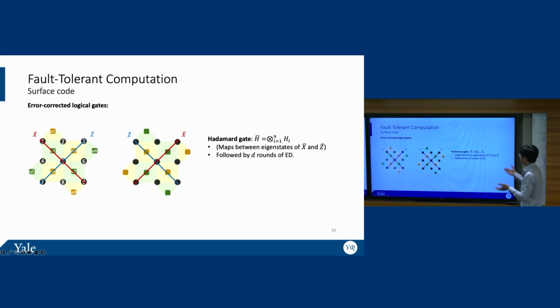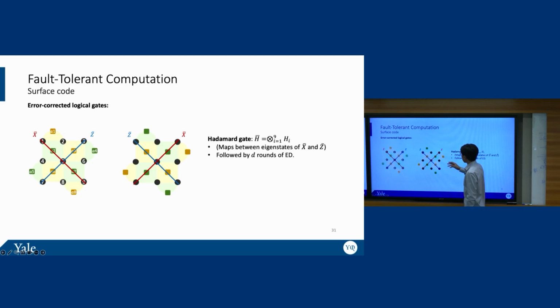So by defining Clifford gates such as Hadamard gates, phase gates, and CNOT gates, we can construct all the Clifford states. It turns out that if you want to map between the eigenstates of logical X and logical Z, because of the symmetry of all the 9 physical qubits, applying the Hadamard gates on each of the physical qubits allows you to construct the